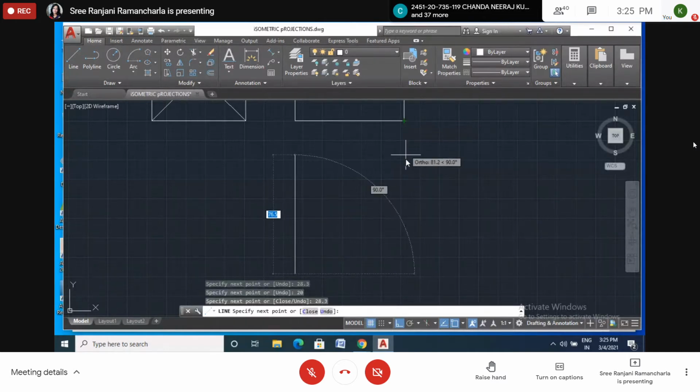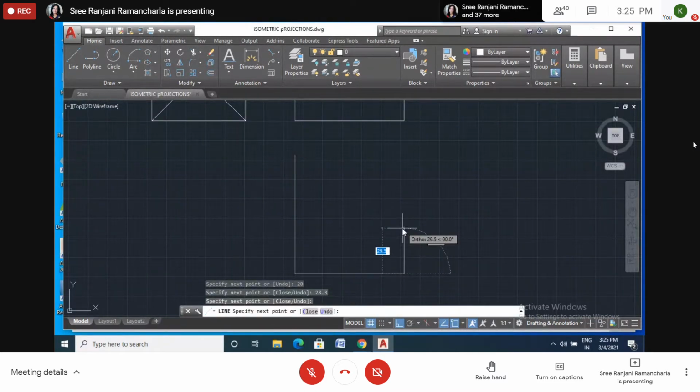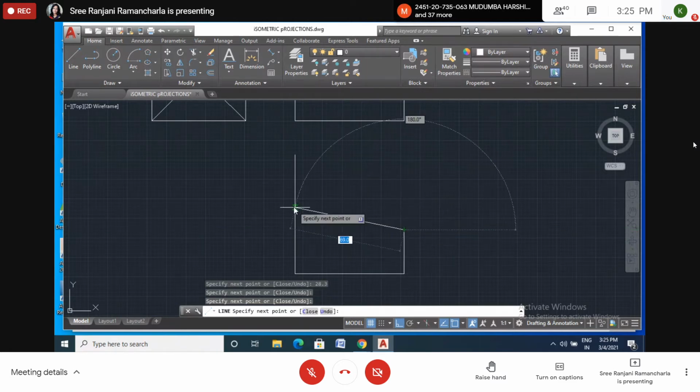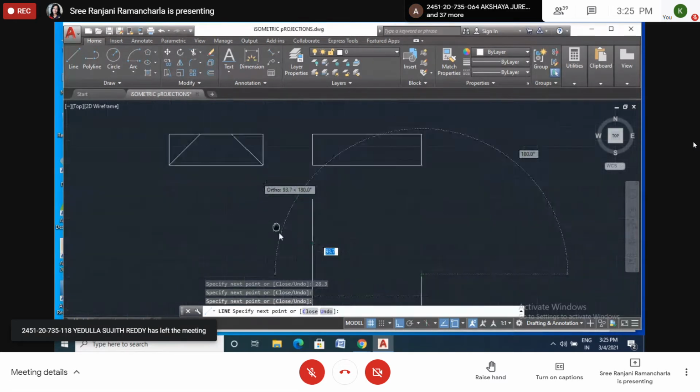70. So, no need to measure 70. Just drag this one, so it automatically will come like this, 70. And then here also we are given this line 28.3, right? Not from here, the slant edge length. And this top one is 20. From here to here is 20.